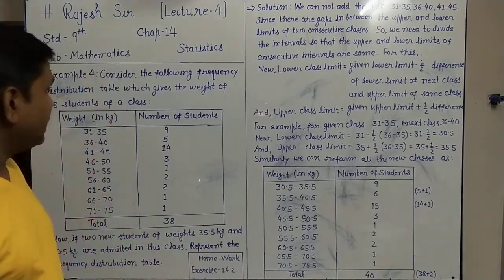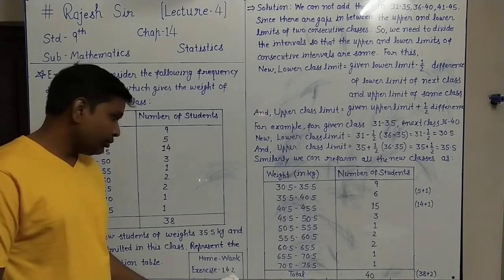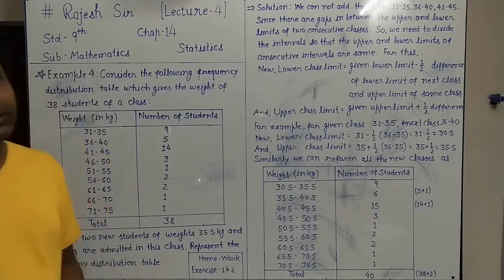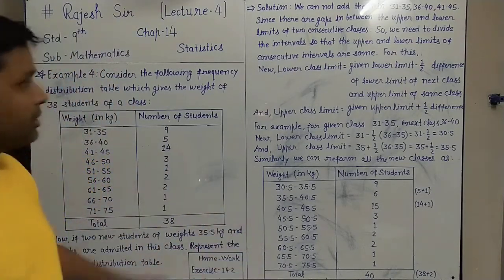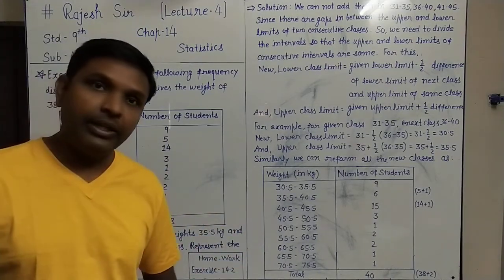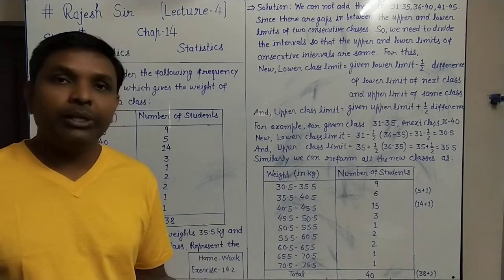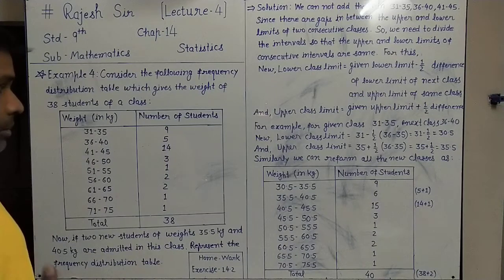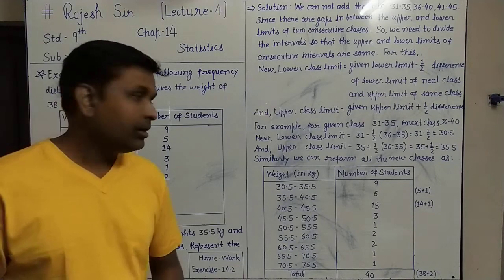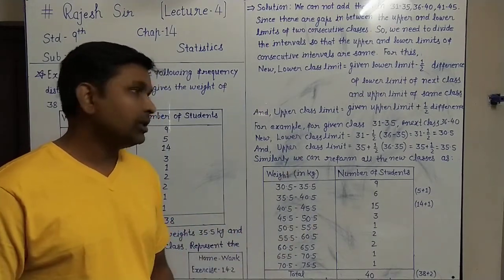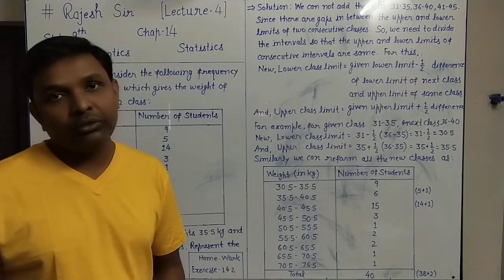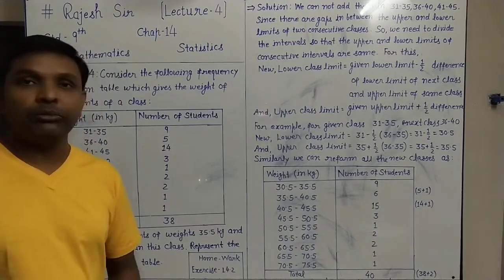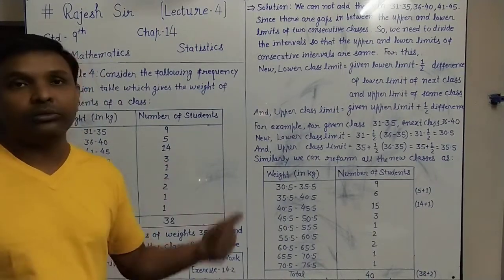Now we have exercise 14.2, so it is your homework to solve this exercise 14.2 and complete the exercise, in which you will find this type of examples related to representation of data. Using tally marks you can make the frequency distribution table, and if the frequency distribution table has some limitations, not including the data, we can convert it this way with the new inclusive classes. So this is your homework, to complete exercise 14.2 and write it down. Thank you.